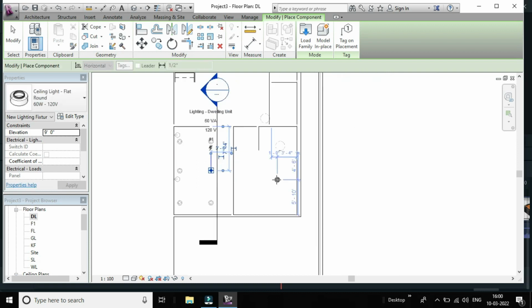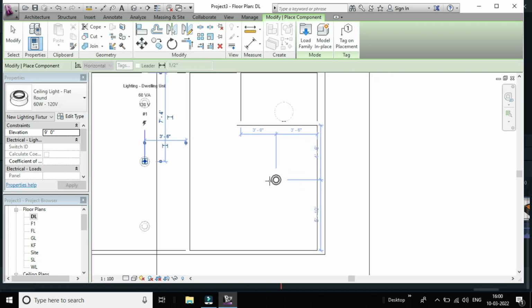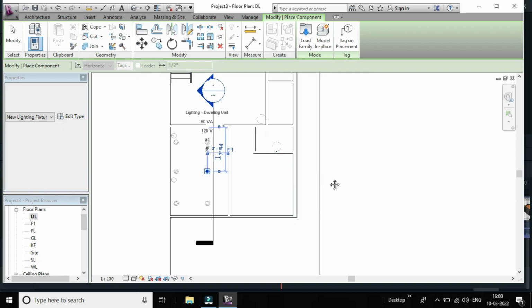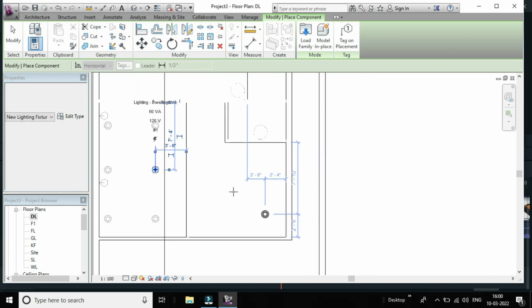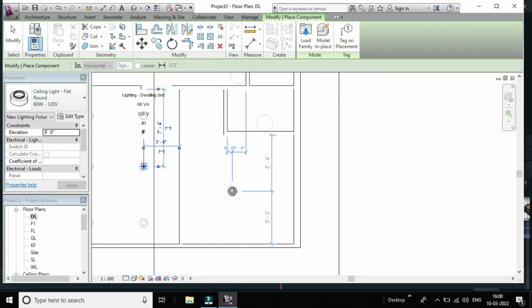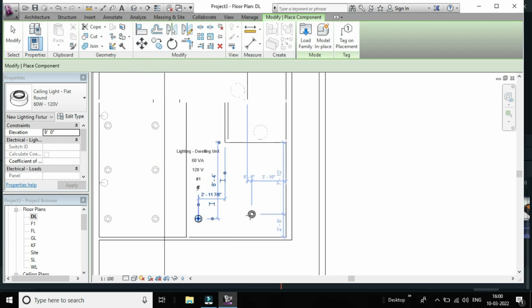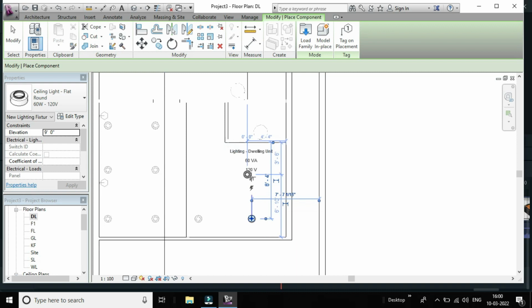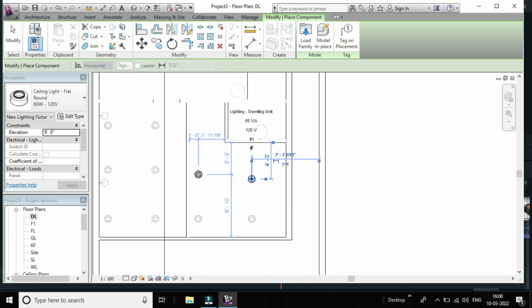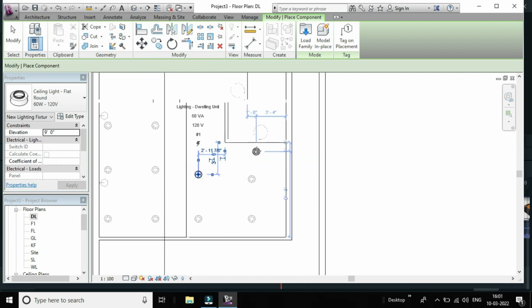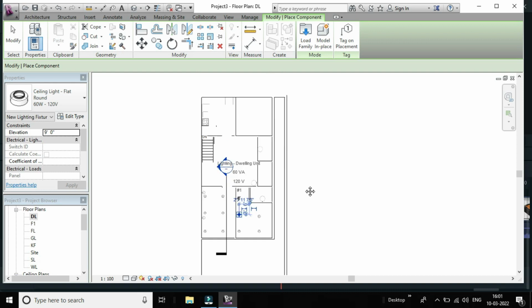In the same way let us add this lighting in the kitchen also. For that click here, click here, next click here, and next click here. After adding it we have to give it in the